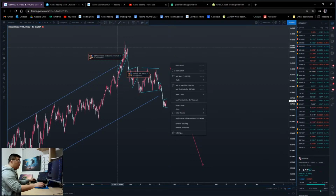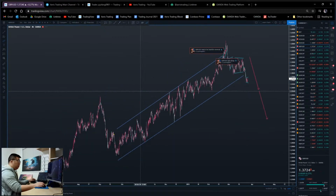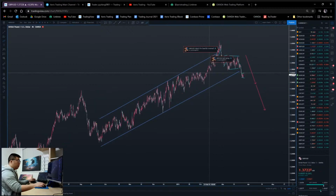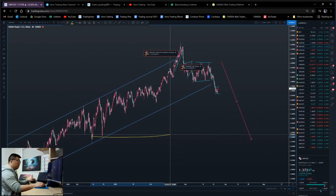So pound dollar, I talk about pound dollar pretty much every stream as well. Remember, I talk about if we form a correction here, which is what I'm looking for. I'm definitely looking for a sell from this. So we already have the ascending channel from the top. We push down, correction, we push down again. We're pretty much pushing out of this higher time frame correction now. So this is certainly a trade that I will be looking for if we get a completion of a correction here. And then we're looking for a sell down at least to this low here, which is like a previous swing low,